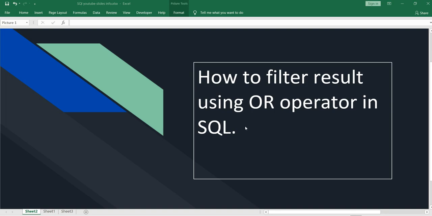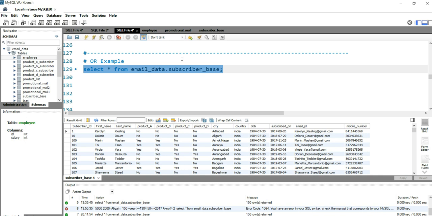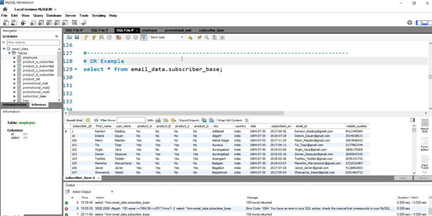In this video, we are going to work with the SQL OR operator. Before we write a query for this SQL OR operator, let's define it first. What exactly is this SQL OR operator, right? The SQL OR is a logical operator that allows you to combine two or more Boolean expressions, and it will return true when either of the conditions evaluates to be true. So let's take an example and see how we can use our OR operator in SQL.